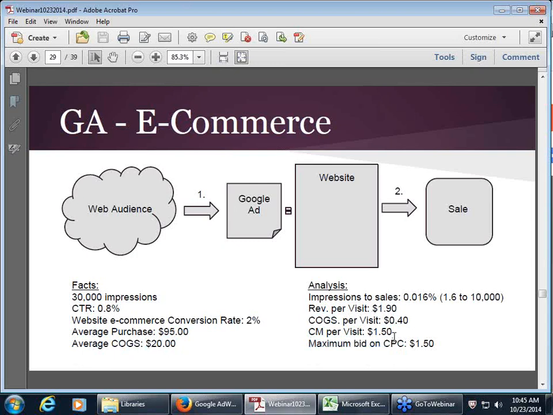You can take that figure and compare it to the cost per click. So we now know that for the AdWords campaign, the maximum that you want to bid on a cost per click is $1.50. Because if you bid more than $1.50, you're essentially spending more money for a visitor to your site than the actual amount of money that that visitor is bringing in.